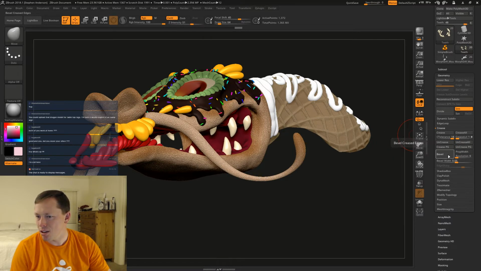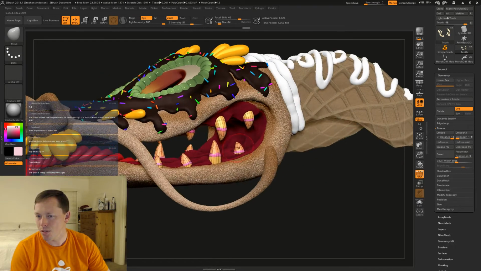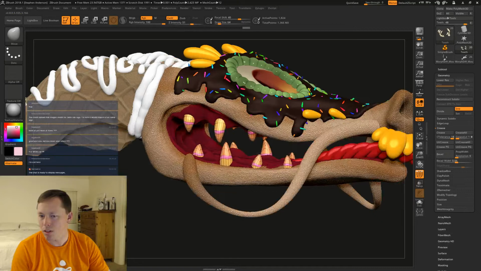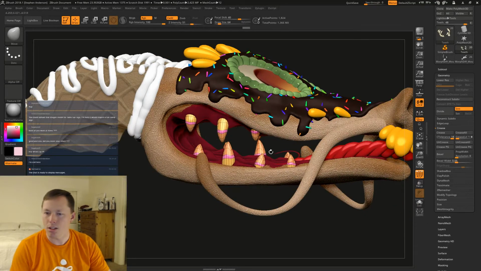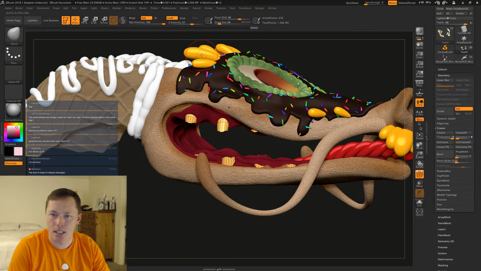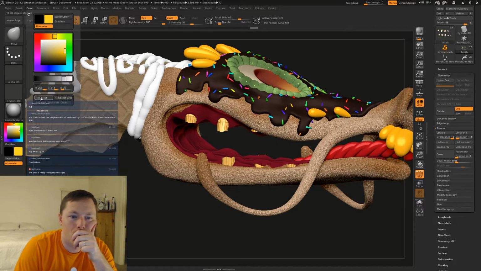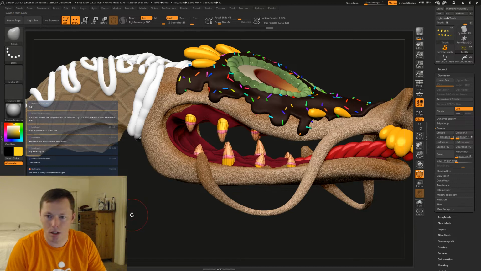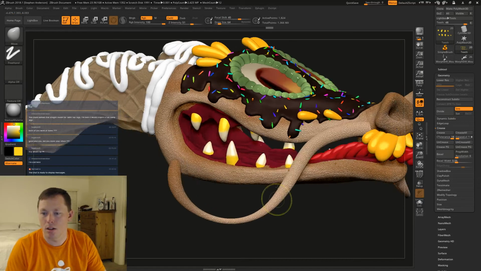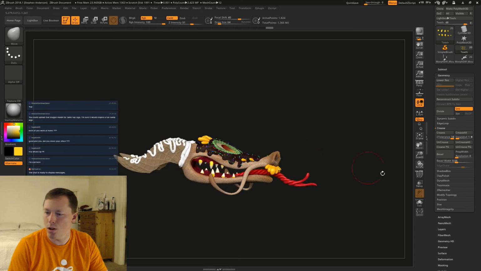Let's say bevel. And then let's do this. We're going to go Control Shift, click on it. Let's get this, but I want it to be more yellow, less orange, so it feels like a candy corn.